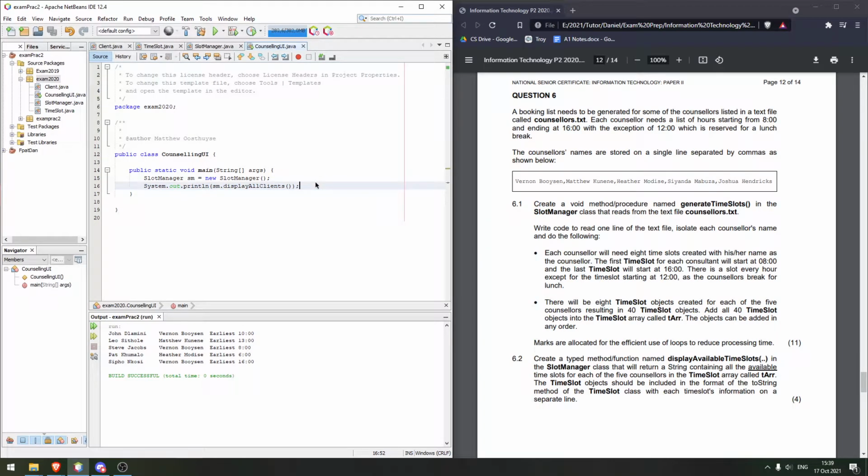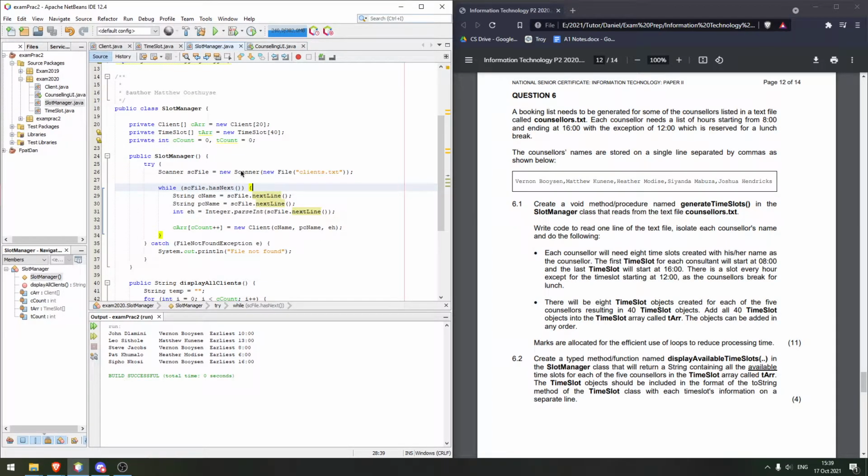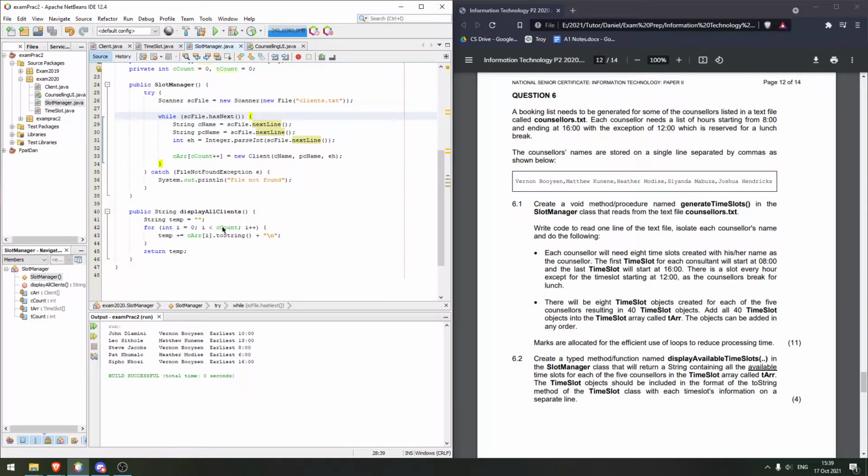Okay, now we are moving on to question 6. This is for reading in the counselors. So this is a second text file. So I think we need to go back to slot manager and we need to create a function or method